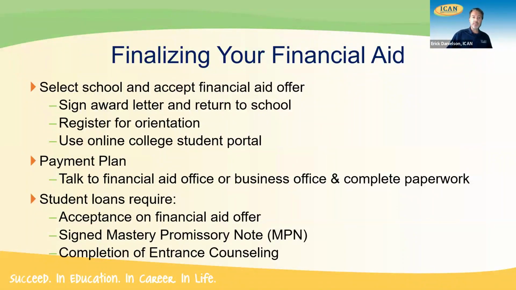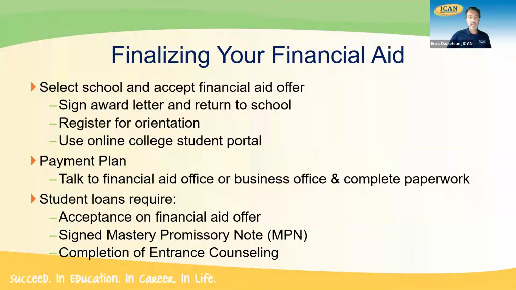Now, again, student loans, those federal Stafford loans. Besides accepting the financial aid offer, for those going to a school and borrowing for the first time, you're going to need to sign a master promissory note. You do that by logging back into studentaid.gov with the student's FSA ID, the username and password, and first completing entrance counseling. Entrance counseling is a 20-30 minute tutorial, as I mentioned, where students answer questions as they continue on, and they've got to answer them right. It basically lets them know that when you're borrowing money, you've got to pay it back, and also gives them some tips on how to keep the borrowing down as well.